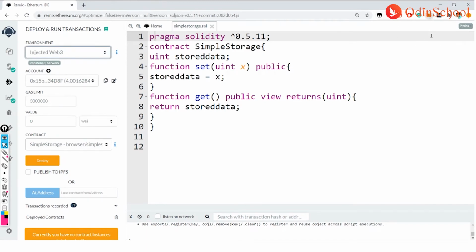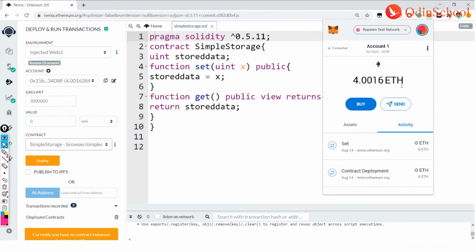So once you get your 1 ether from here, then what you can do is, because if you have 0 ethers and if you go ahead and try to deploy your program, it will not deploy it because you need to have minimum ethers to deploy your Solidity program. That is nothing but your smart contract.